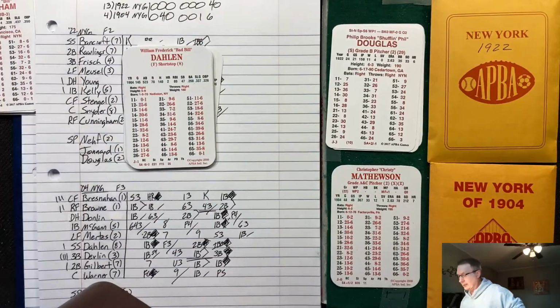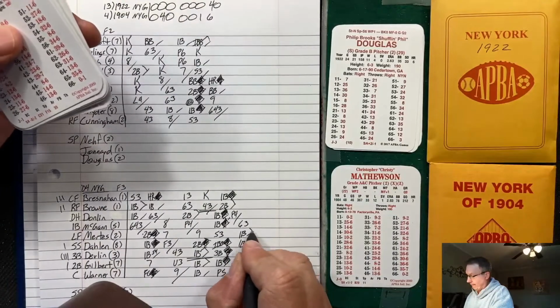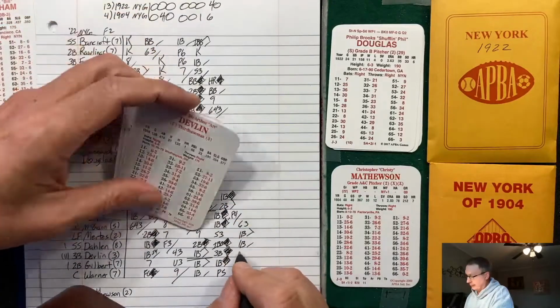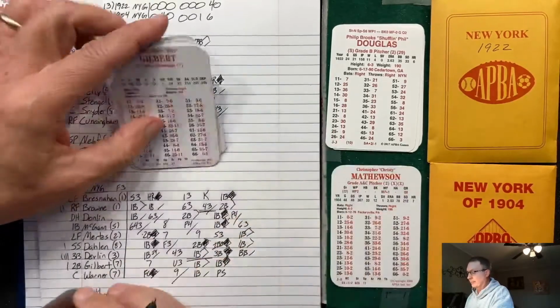55, an 8. 8 on a 12. He's actually a 9. 8 on an 11. Doesn't really matter. Still single, runner to second. First and second, one out. Devlin, 13 is a 14, a walk. Man. Bases loaded. Billy Gilbert,